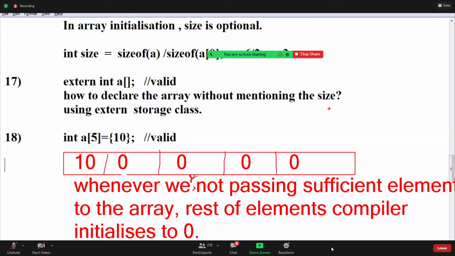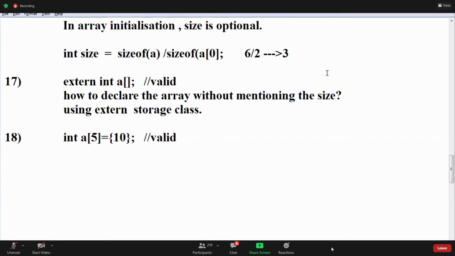Right, 18th one, 19th one. When it is garbage, Pragati: if you did not mention anything, a[5], then all values are garbage values.